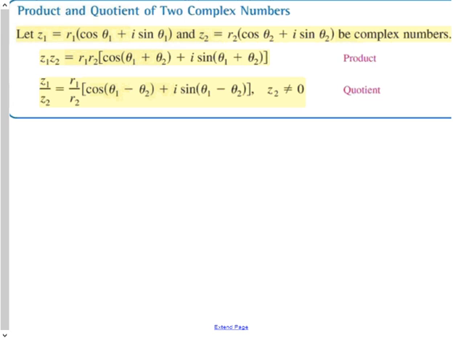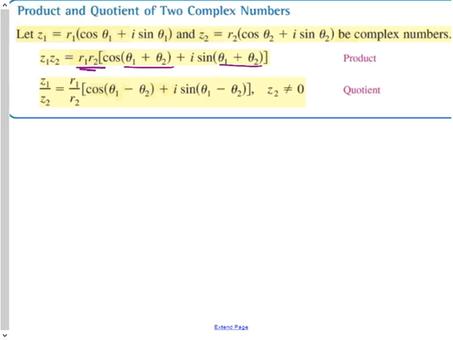Next, how to multiply these. The rule is on our formula sheet. We'll still go over it. Z1 is r1 times cosine of theta 1 plus i sine of theta 1. Z2 is r2 cosine of theta 2 plus i sine of theta 2. These are complex numbers. Z1 Z2 equals: you're multiplying your r values and adding your arguments, or your angles. So angles are added,